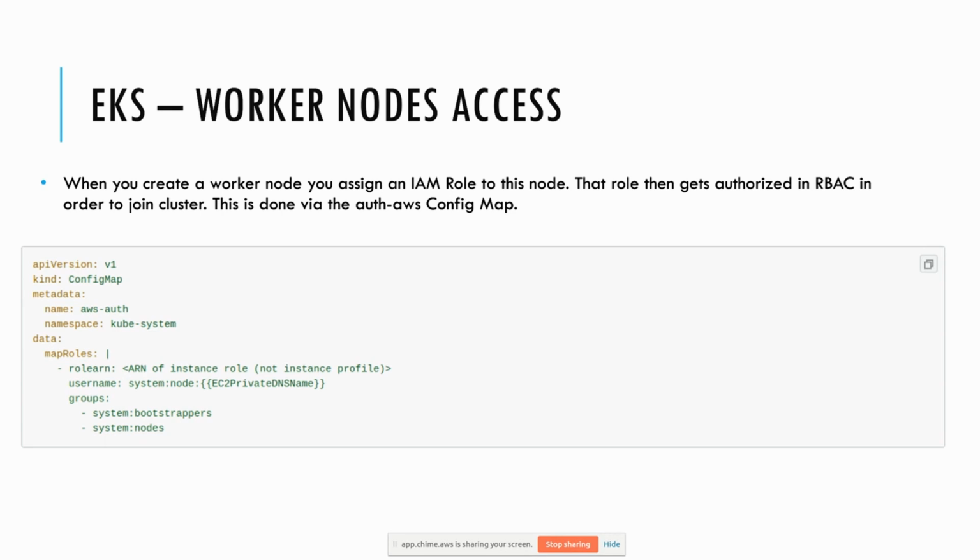Essentially, it will just have access to register with the Kubernetes control plane, and then that's when the control plane will start injecting your kube-proxy and your kubelet to act as a functioning worker node. And in this exact same config map is where you'll add users and configure their groups and things like that. And then you can create role bindings and cluster roles, which get attached under these groups. Thanks, Luke. Next one.